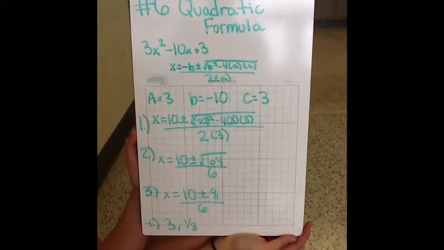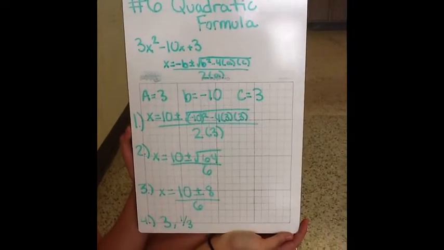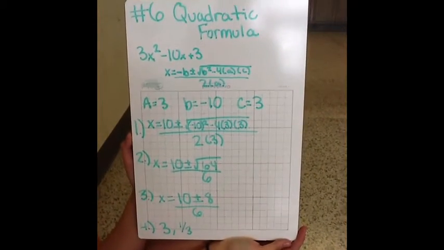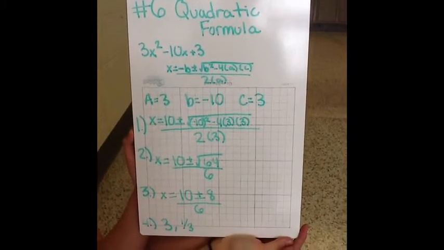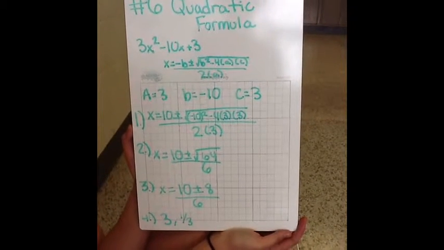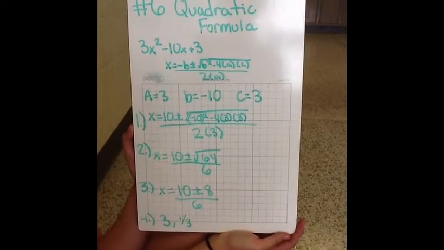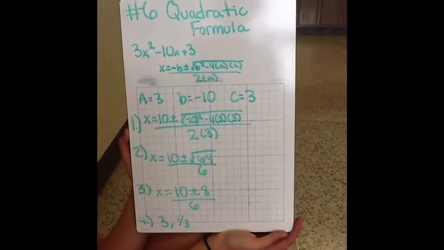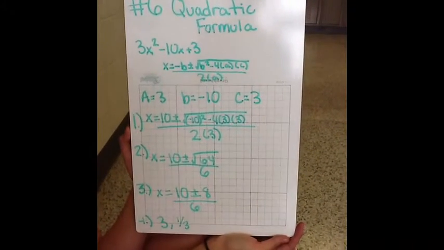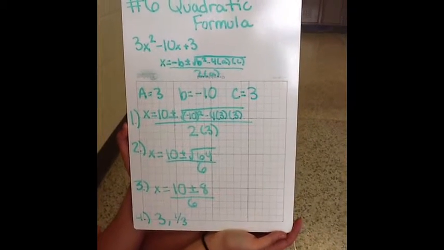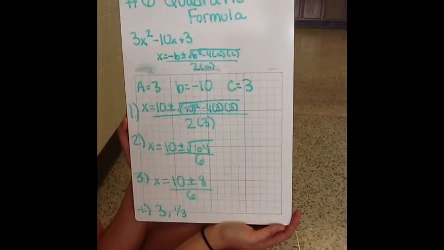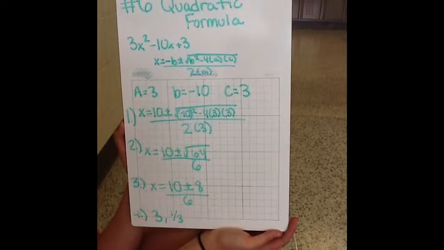Quadratic formula, number 6. So the equation is 3x squared minus 10x plus 3, and the quadratic formula is x equals -b plus or minus the square root of b squared minus 4ac all over 2a. A is 3 from the equation, b is -10, and c is 3. So the first step is to plug in all the numbers into the equation. So it's x equals 10 plus or minus the square root of -10 squared minus 4 times 3 times 3